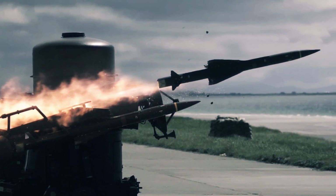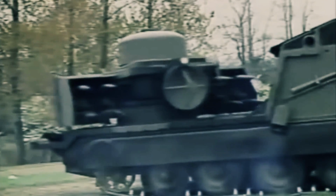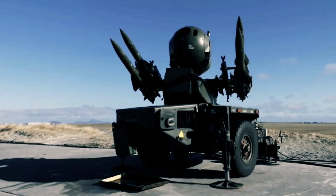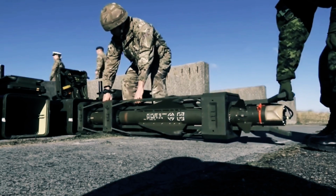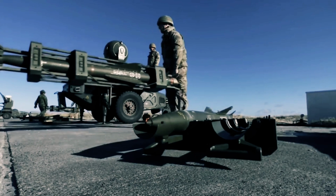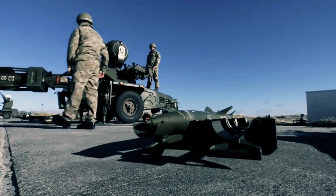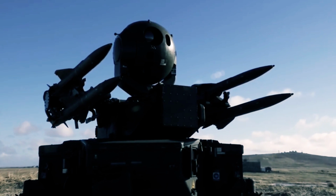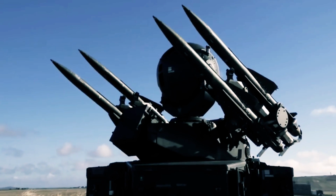One of Rapier's distinct features is its ability to fire two missiles simultaneously, reinforcing its potency in intercepting multiple threats simultaneously. Additionally, its versatility shines through its mobility, as Rapier can be efficiently transported by ground and air, ensuring swift deployment to critical areas. Over the years, Rapier has evolved into an iconic symbol of British military might and technological